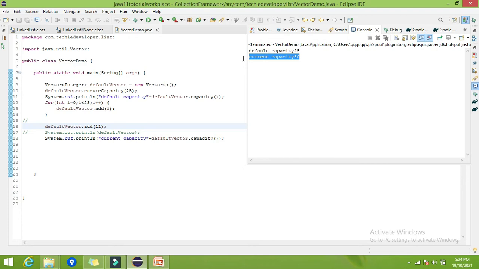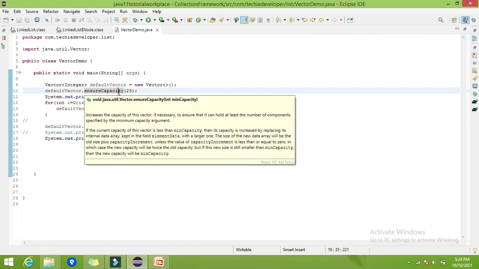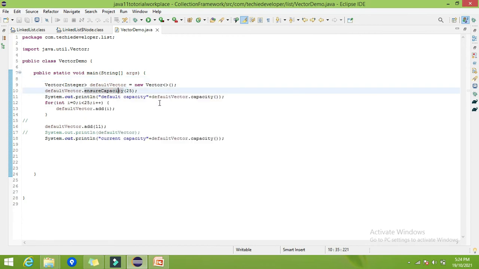So this is all about the first constructor, that is the default constructor, and the method ensureCapacity which plays a very vital role.